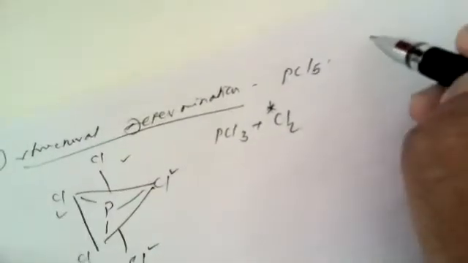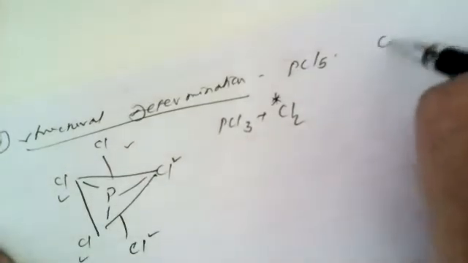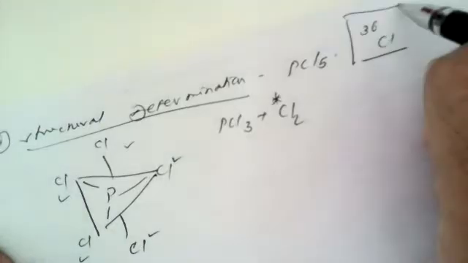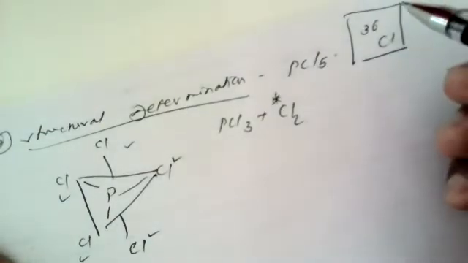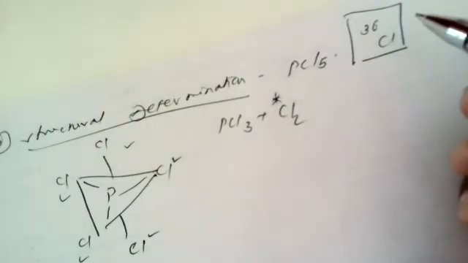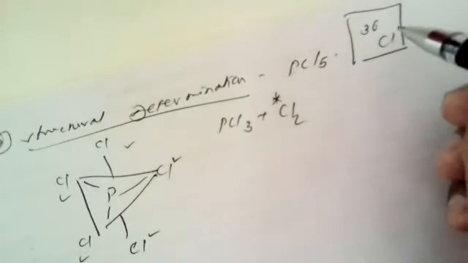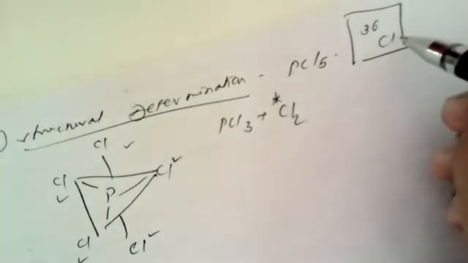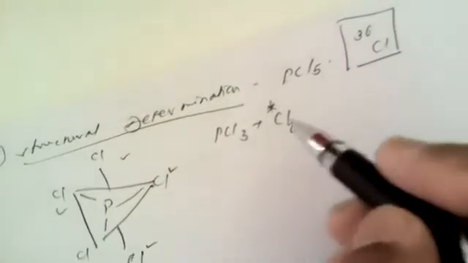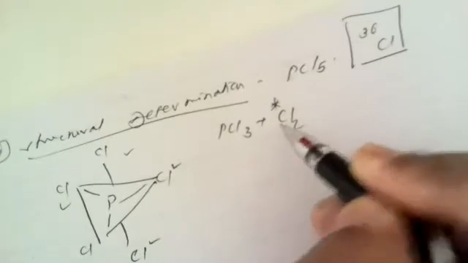Here the chlorine that is used is chlorine-36. Sometimes an MCQ-based question may also be asked: in the structural determination, which isotope of chlorine is used? The normal isotope, which is 35.5, was not used, but chlorine-36, which is a stable isotope, is used in the structural determination. So here the chlorine that is used is a radioisotope.